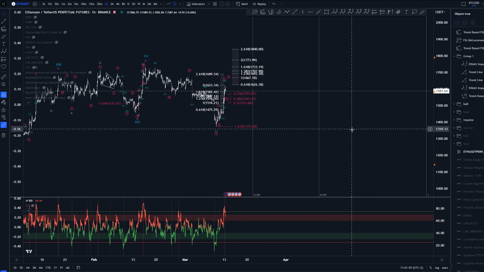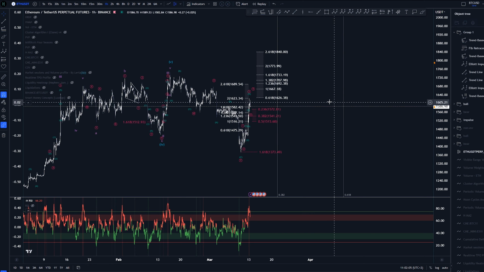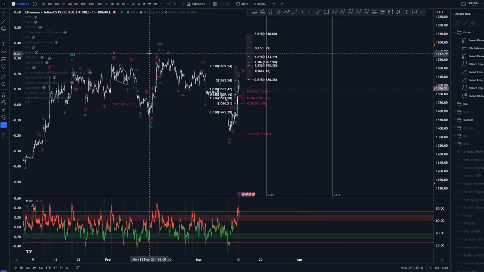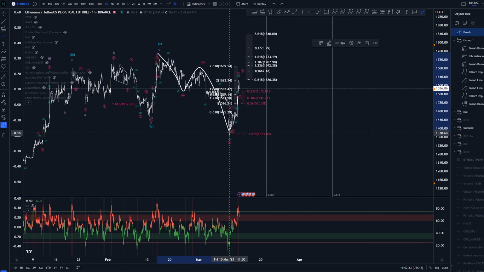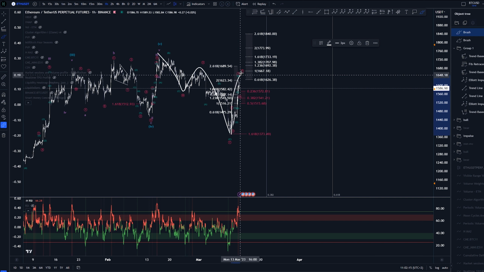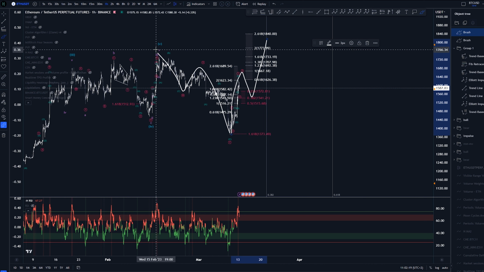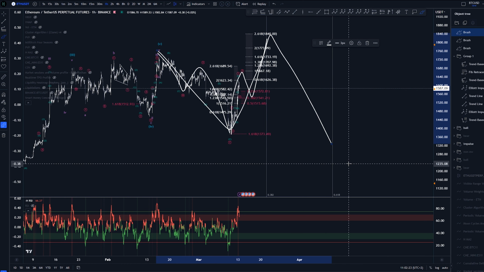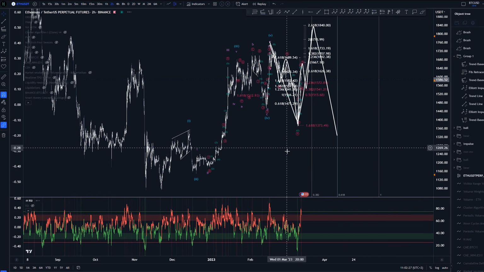So how does this fit into the higher time frame? As I mentioned before, we had this time Fibonacci extension here. So there is a chance that this is starting something new. However, based on the Fib time, I would think that this is indeed part of this structure. So this would become a wave A, B, and then C here. That would give us more time to have this whole thing corrected. That took quite a long time.